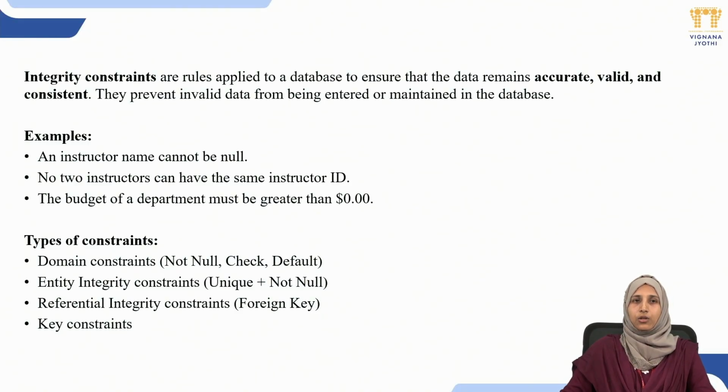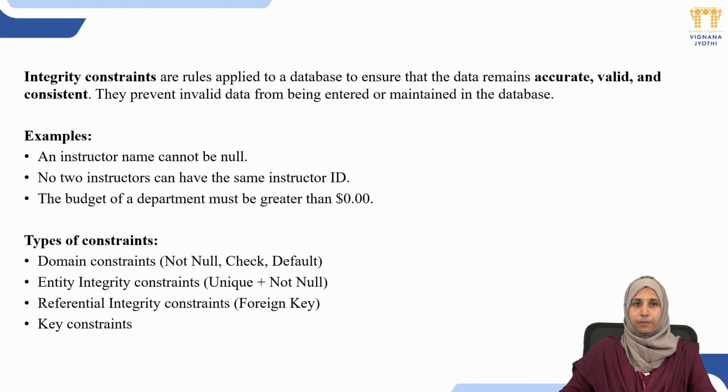The second one is no two instructors or faculties can have the same instructor ID. Why? Because each and every faculty will have their own unique ID. With that, we are going to identify a given faculty in a university database. The third one is the budget of a department must be greater than $0. These are a few general examples just to explain what we mean by constraints and why we require